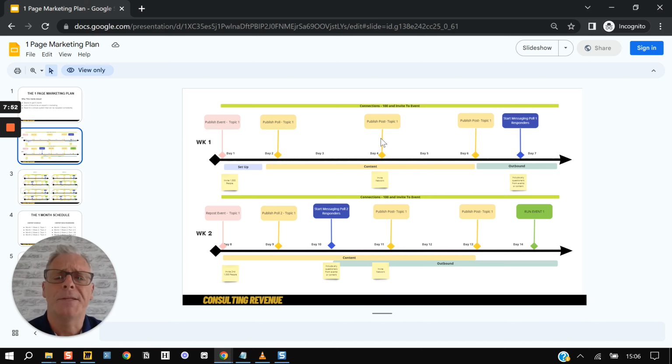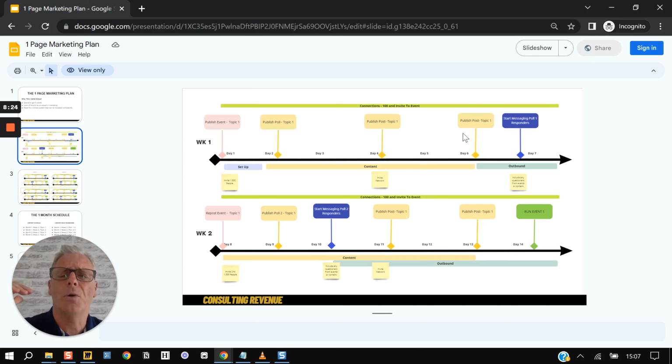So then day 4, you publish a post. The post would probably be talking about the same pain point. So it could be a PAS framework, problem, awareness, situation, or problem, agitate, solution, depending on how you look at that framework. Or it could be a story post. And again, we go into posts in our training, but you are talking about the same problem. So people who are liking and commenting on that post can be invited to the event.